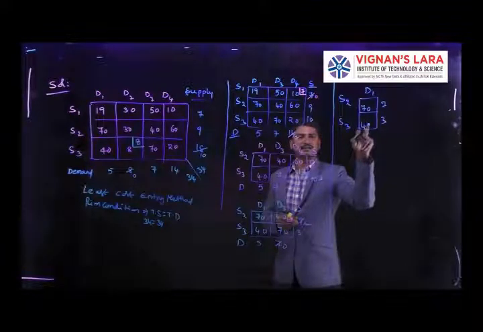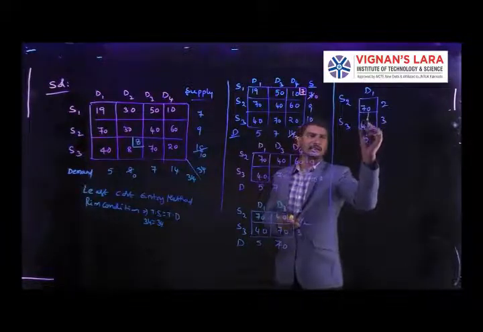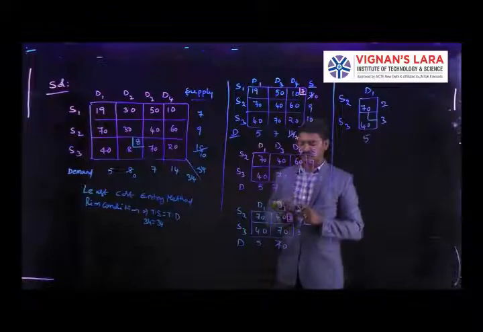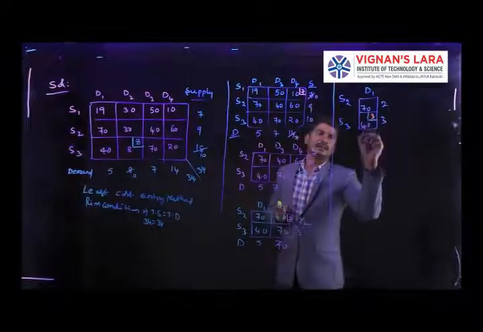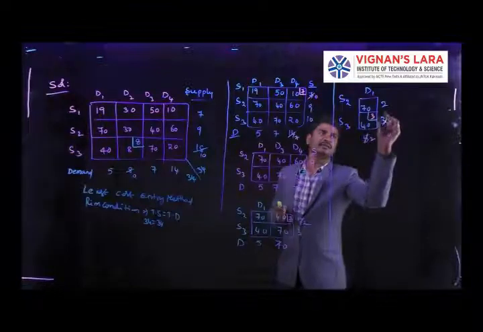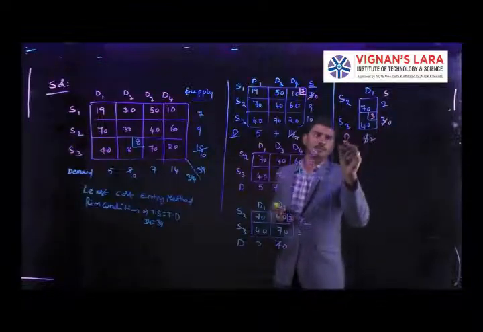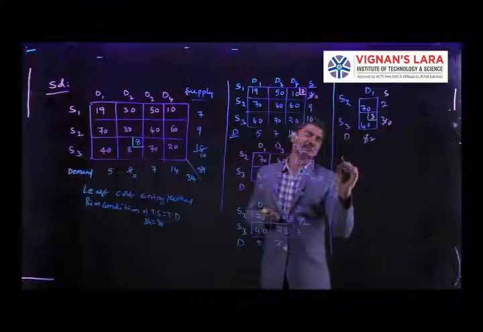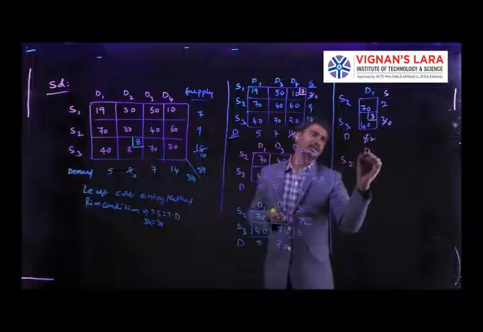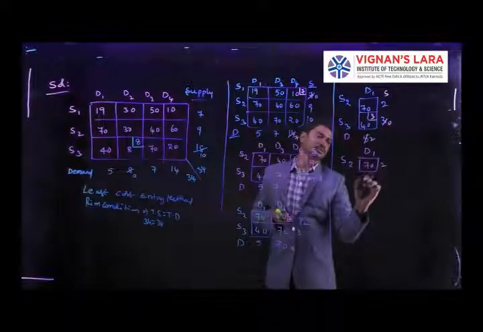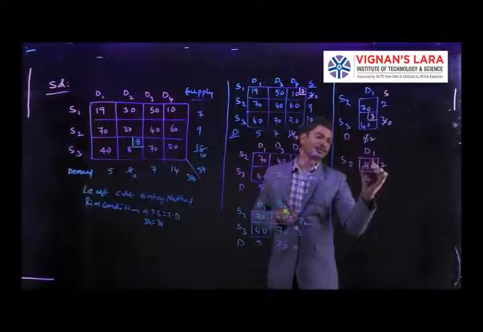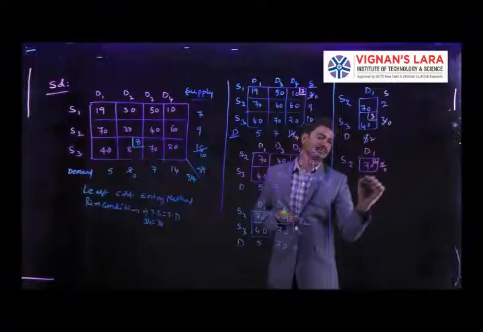That's the reason I am going to take least cost again. Here the least cost is 40. Here I am going to allocate 3 units of supply, so balance is 2 units. So here supply is 0. After this we are getting S2, D1 only. We have 70, 2, 2. Finally I am going to allocate 2 units here. After this we are getting 0.